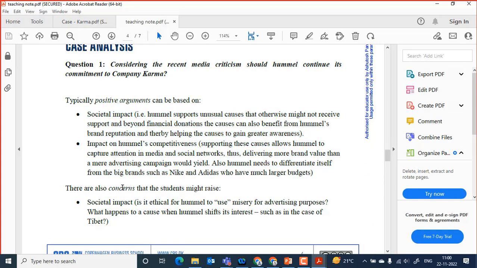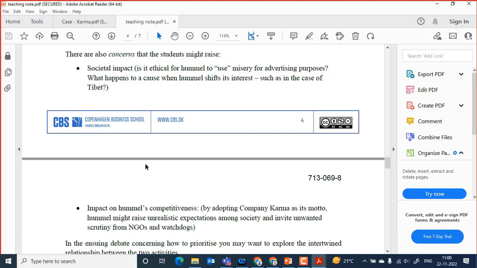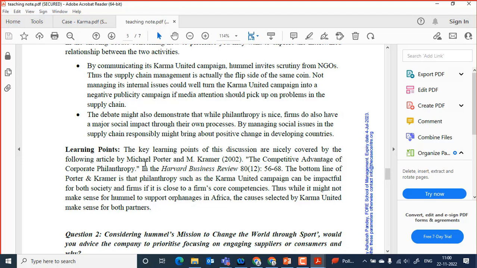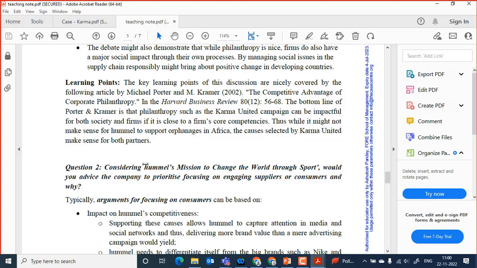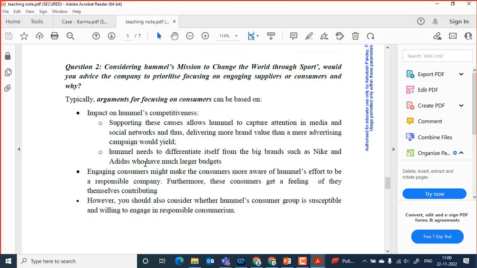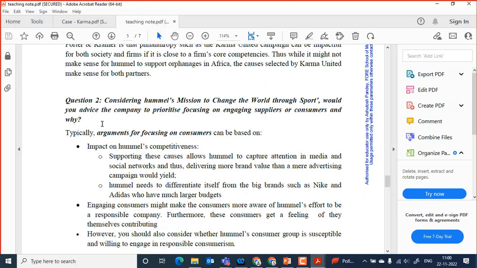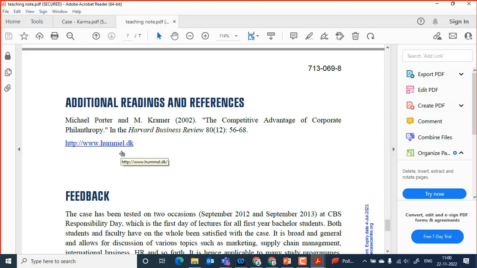These solutions are not meant to be given directly to the students. Actually, they should come up with the solution themselves. It is only for the purpose of teachers or researchers to know how to guide the students, where they should move ahead, how they should move ahead, and what the learning points are, what these people are learning from this question. That has to be also explained to the students. So if you see, there are 3 or 4 questions here, and certain additional reading, if you want to mention, you can mention.